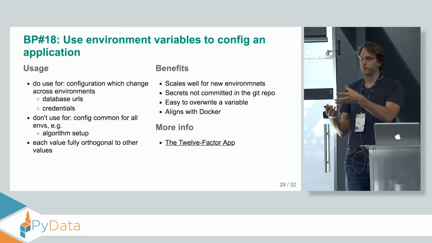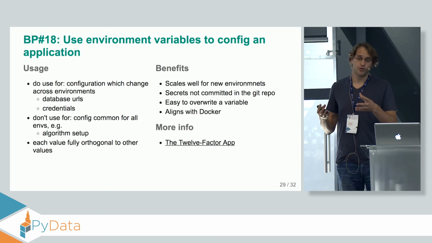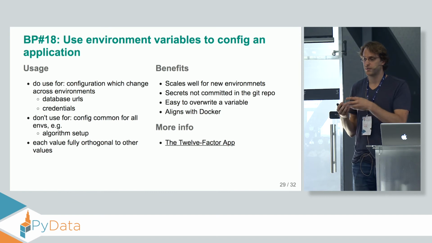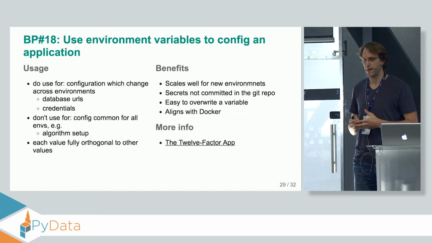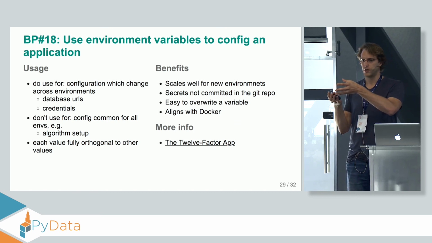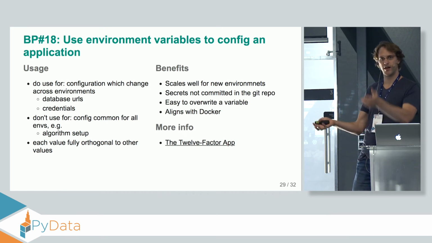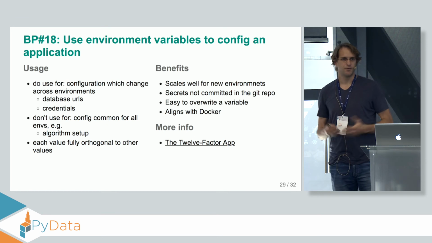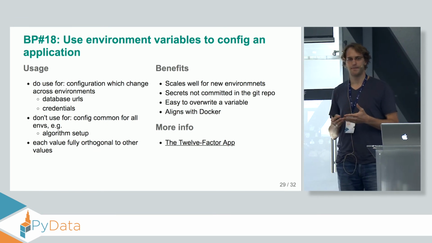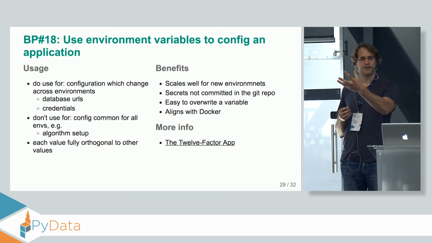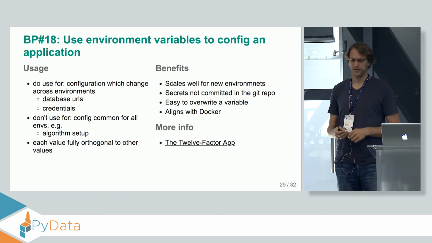However, there are differences between environments, like, for example, database URLs and credentials. What I found useful is to configure these environment-specific settings via system environment variables. This allows you to not touch the black box. Just set up the parameters from the outside via environment variables and run it wherever you want. What is great about this is you can have the same image running in production, and then for testing purposes, you can just run it locally with different environment settings.